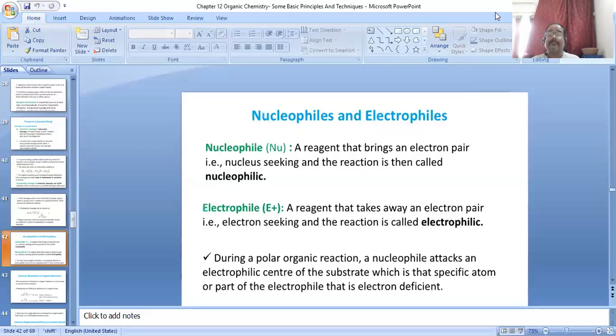The next thing, the types of nucleophile. So there are three types of nucleophiles. Number one, negative. It means if any element, molecule or compound has a negative charge, for example H minus, OH minus, meaning hydroxyl or hydroxide, RO minus. So these types of elements or compounds are examples of nucleophiles.